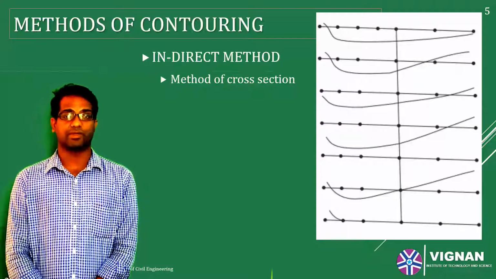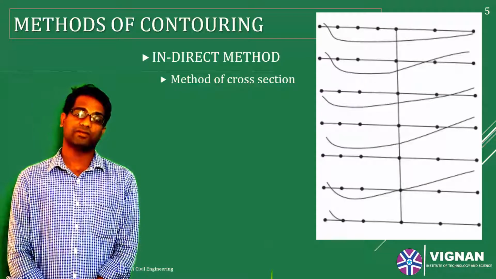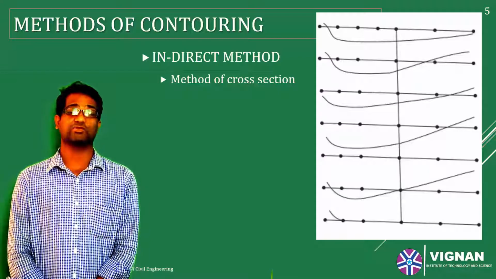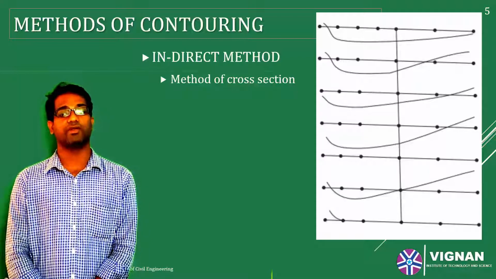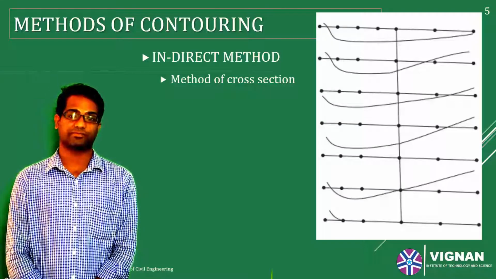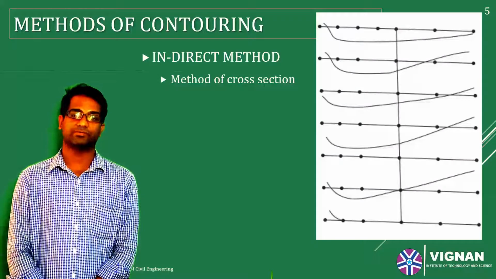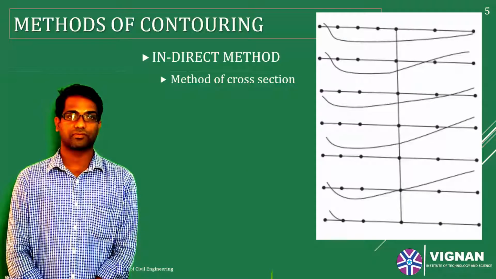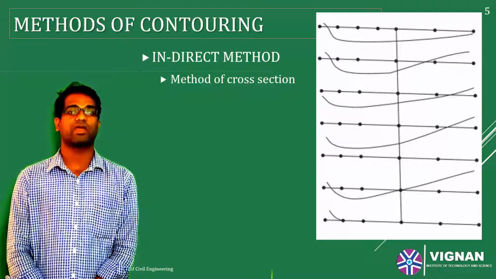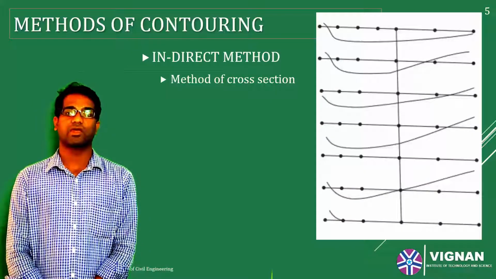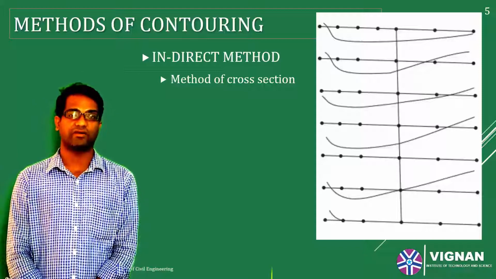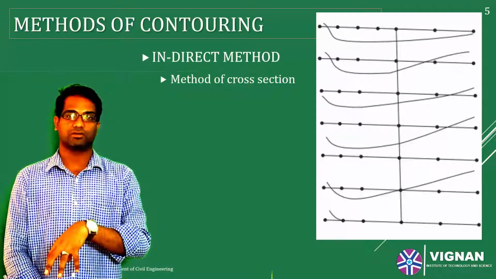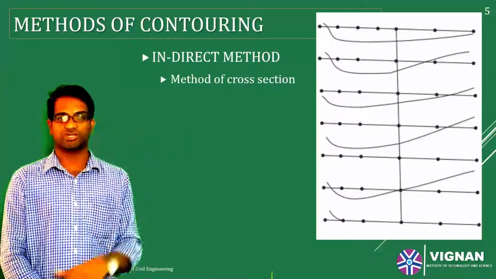The previous method of grid lines can be used where the area is very small. When the area is very large, then we'll go for a method called cross section. In this method, horizontal lines are drawn at an equal interval. In the previous case, we have taken levels at a single location, and we have taken them at all junction points preferably.